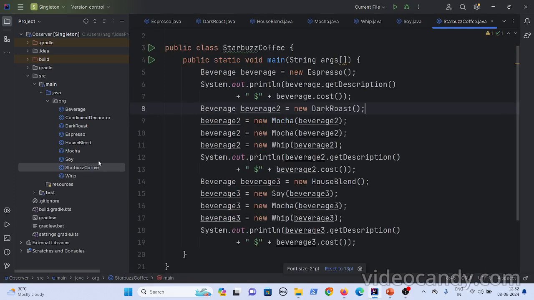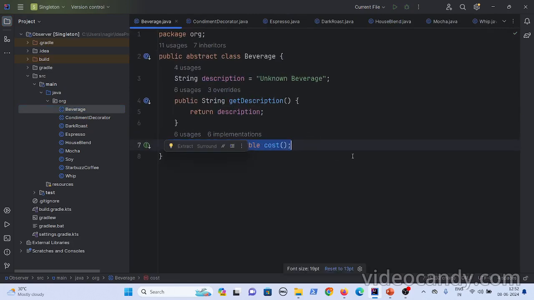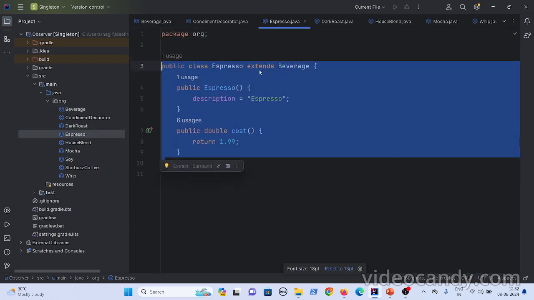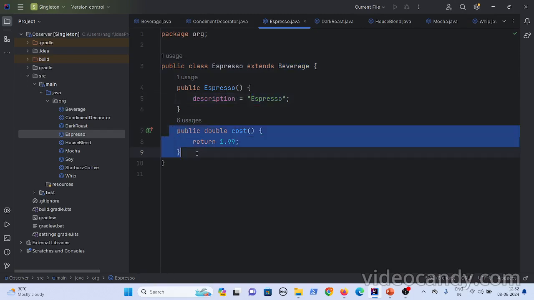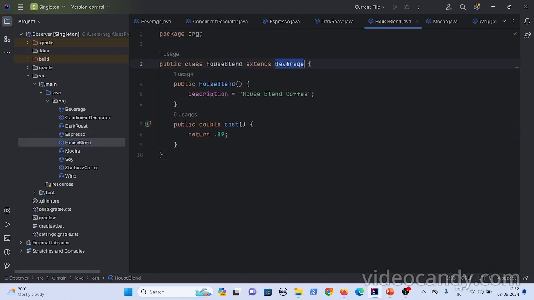What happens is, first you have a beverage class, okay. It just has the description, and it has this abstract method cost. Now what are all the different types of coffees you have created? Let's go with the espresso. What espresso does is it extends the beverage, and it overrides the description, because now this is not just a beverage, this is an espresso, and it has overridden the cost method and it gave you 1.99. And even if you go to the house blend, it extends the beverage and it will give you the cost.